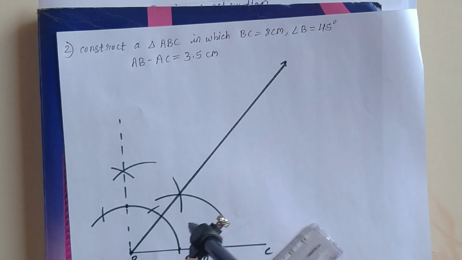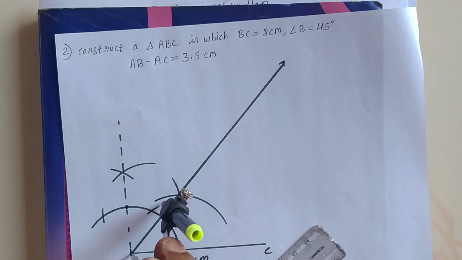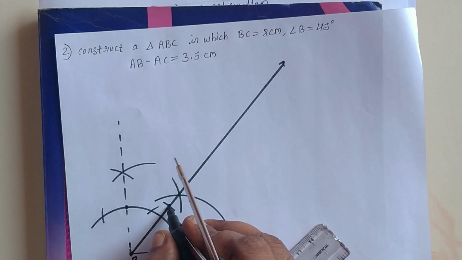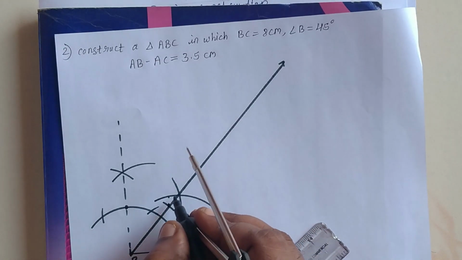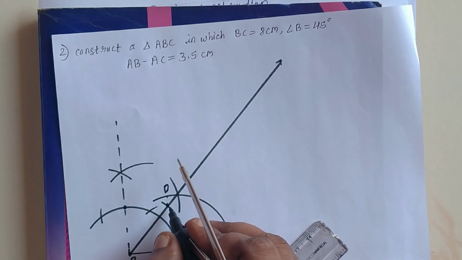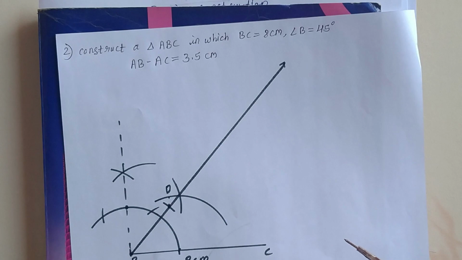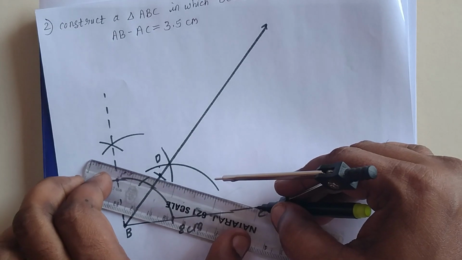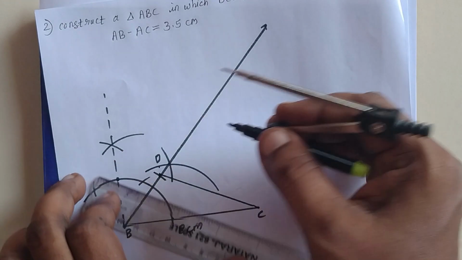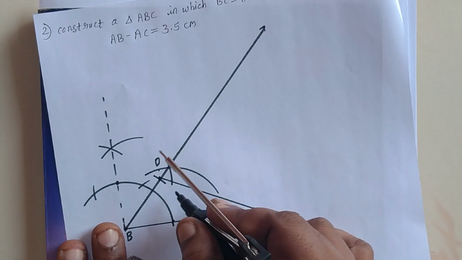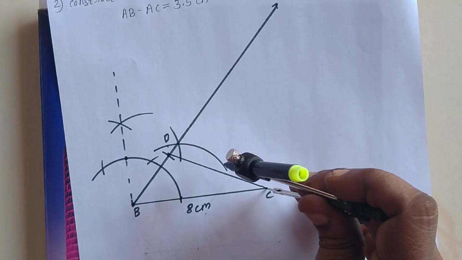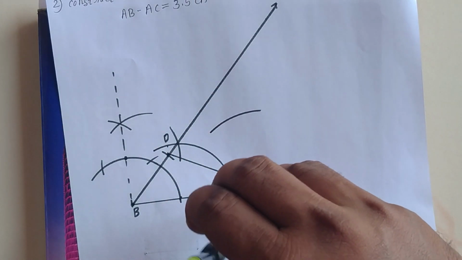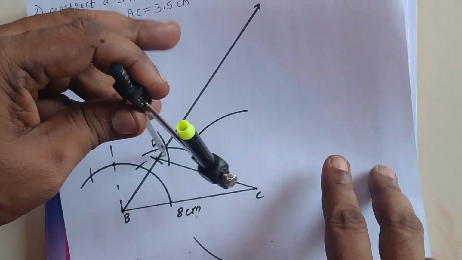So take distance of 3.5. Okay. And now draw the arc. It will intersect here. Okay. So student, this will be your point D. This will give you the point D. I am writing here, this point is D. Now join D with C. And now draw the perpendicular bisector of DC. Perpendicular bisector means more than half. Draw the arc here, here, then from point D.